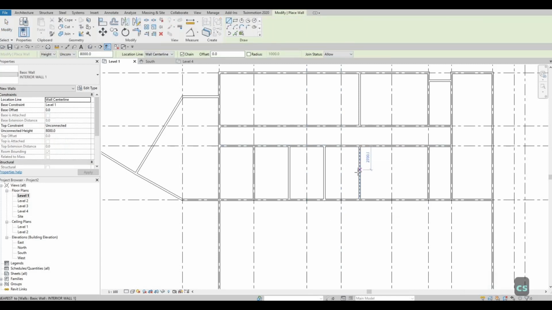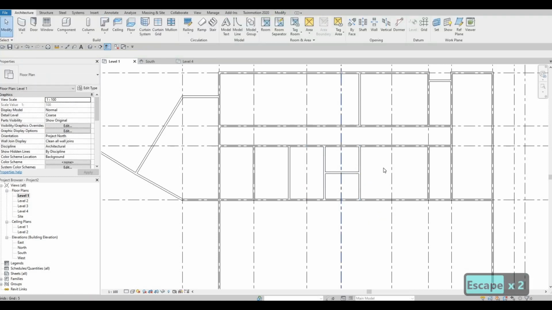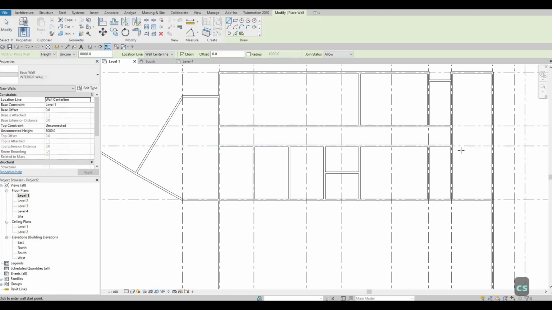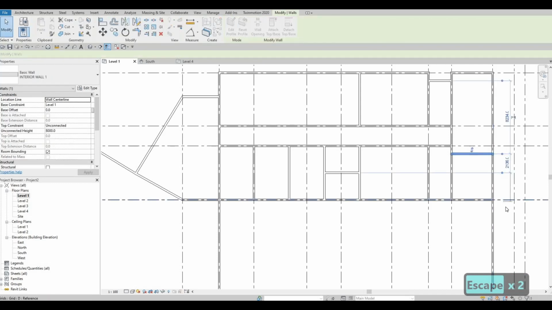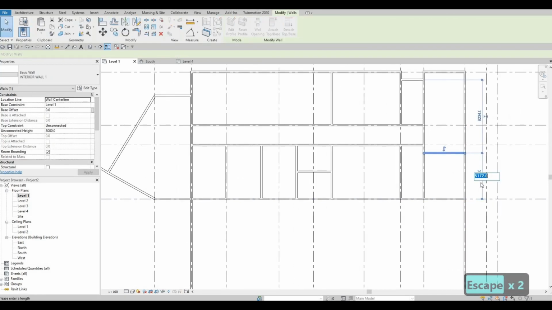CS, just divide this one in the middle. So mechanical, IT, and then this will be our general storage or our storage itself. This will be council room and then prayer room. So CS, I'm going to have this one right here, and then select that, grab it from there. This will be around